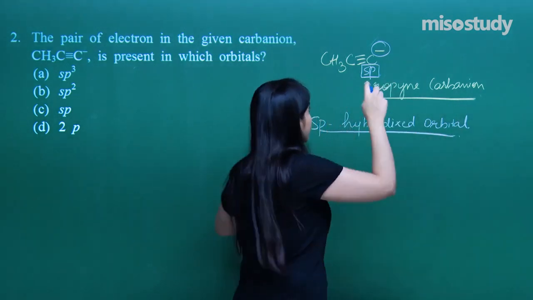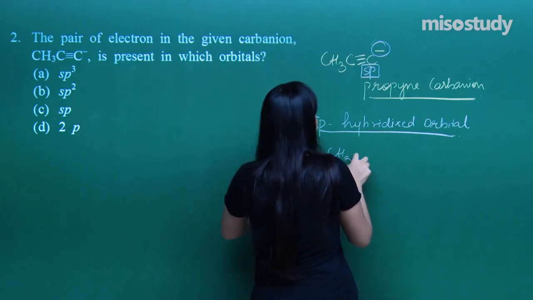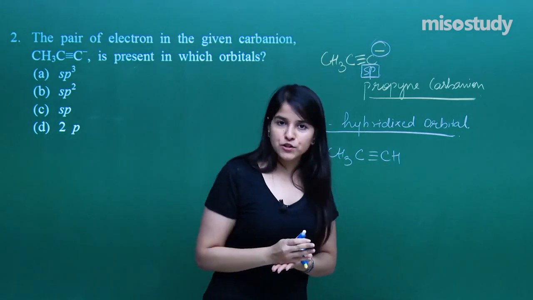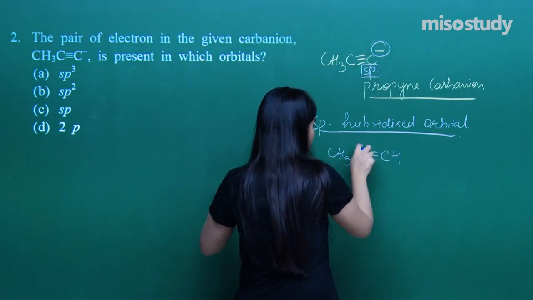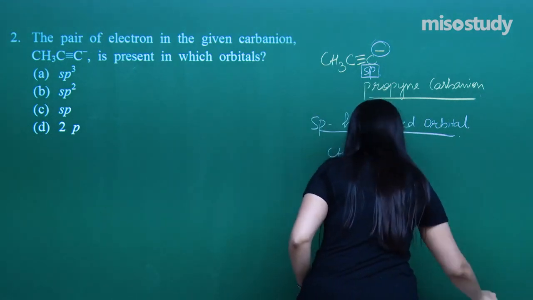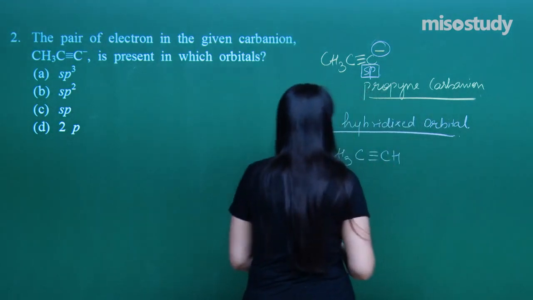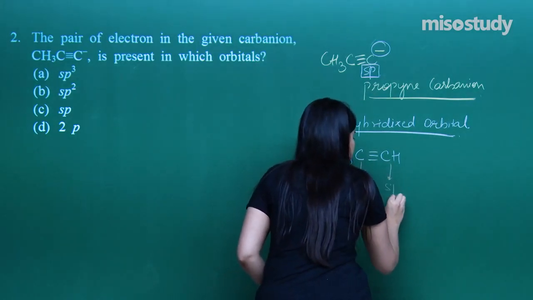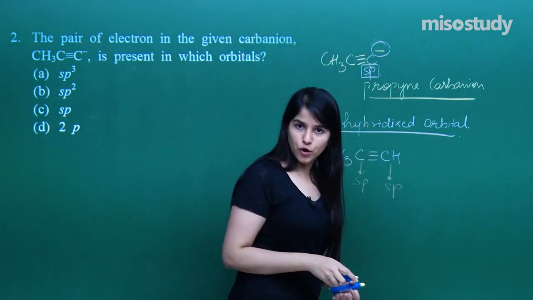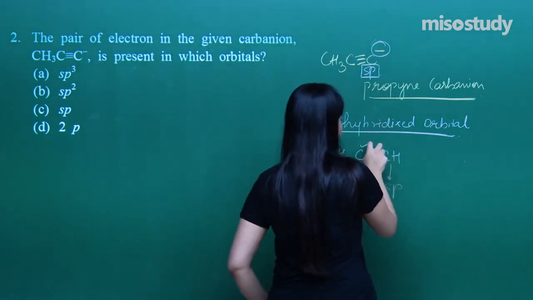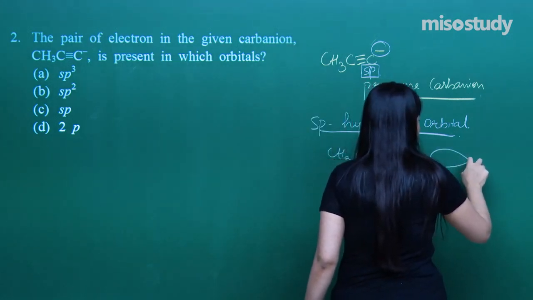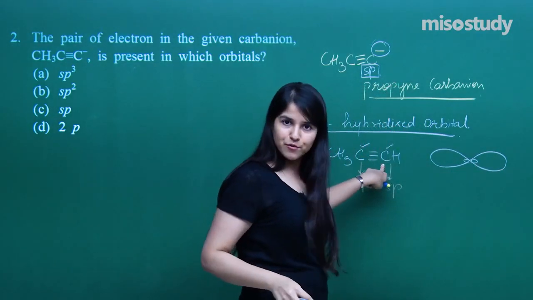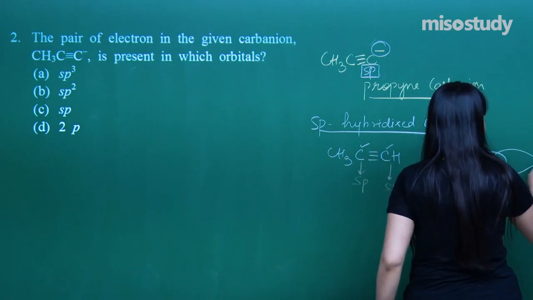Why? Because if this were a structure like this, then how would I represent the orbitals over here? I can have for this very carbon, both sp2 hybridized. So let me just mark that out. Now this very carbon is sp. This is also sp. That means how can I draw the orbital diagram for these two carbons only I am talking about. So I have got a carbon here, sp hybridized, and also another carbon over here, something like this.